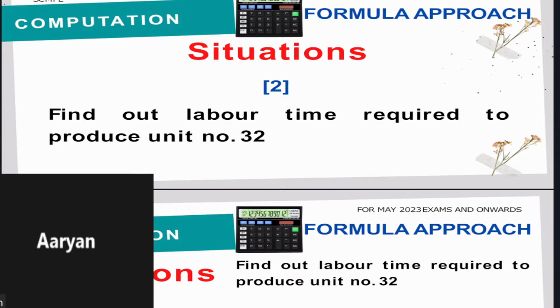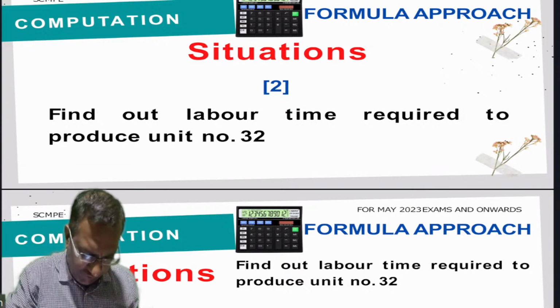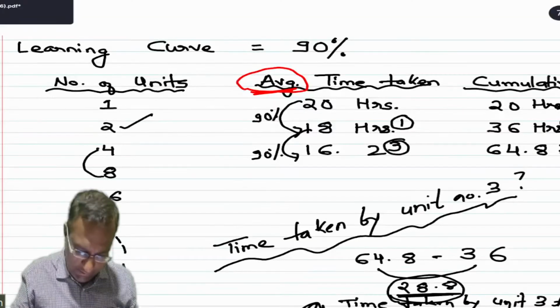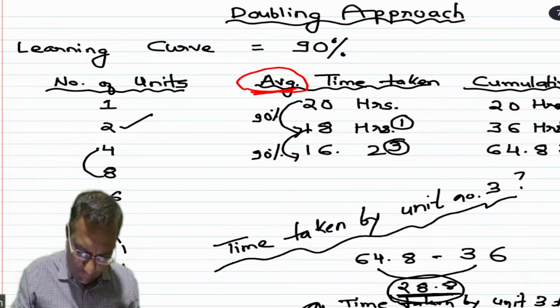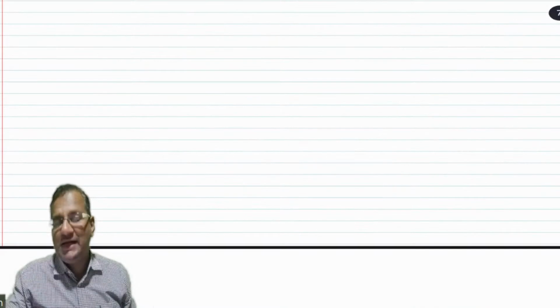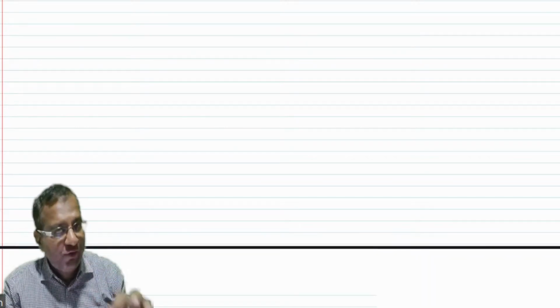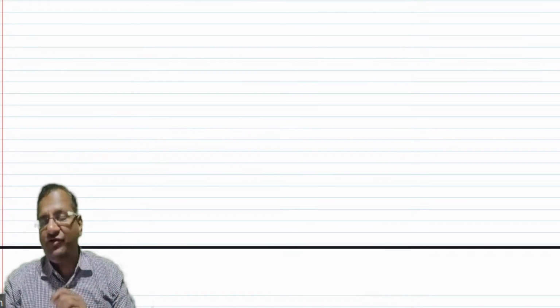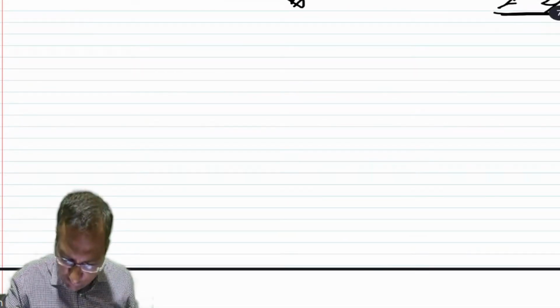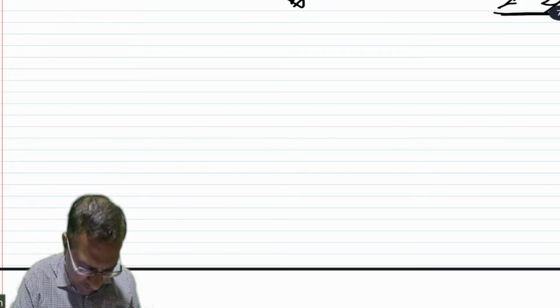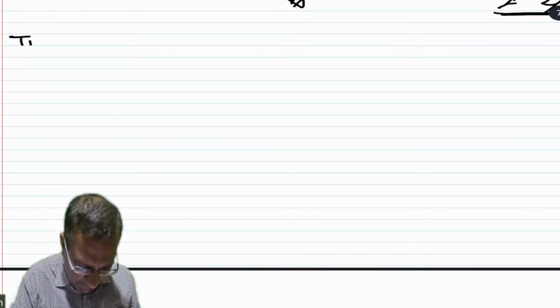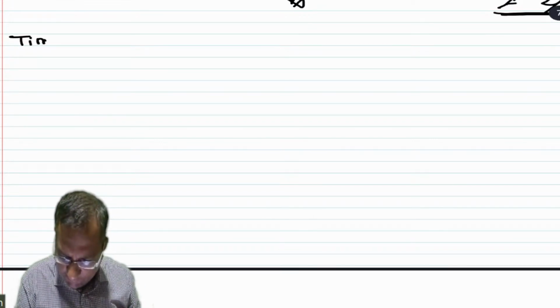Okay, बेटा. So I am starting. देखिए इसको कैसे सॉल्व करेंगे. इट्स वेरी वेरी सिंपल एंड लॉजिकल वन, अनडाउटेड. देखिए हमें निकालना है टाइम टेकन बाय यूनिट नंबर 32. 32वीं यूनिट को बनाने में कितना समय लगा, वी हैव टू फाइंड इट आउट. सो फर्स्ट स्टेप विल बी, वी विल फाइंड आउट टाइम टेकन, नॉट टाइम टेकन,